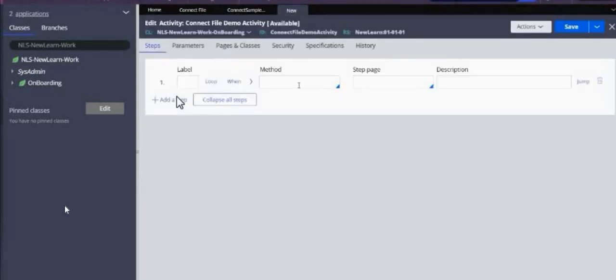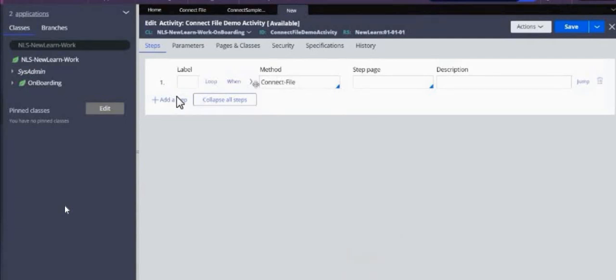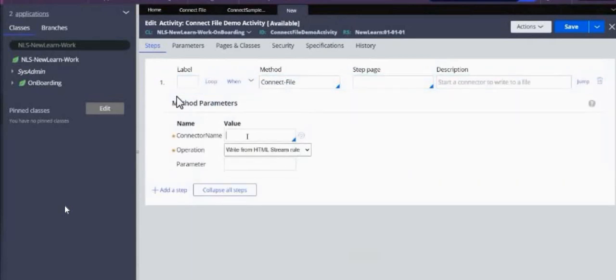We have a method called connect file method, so let's use that. As our connect file is available in the same class, we are avoiding the step page. So let's open the parameters. Your connect file has two parameters, one is the connector name and the next one is the operation.